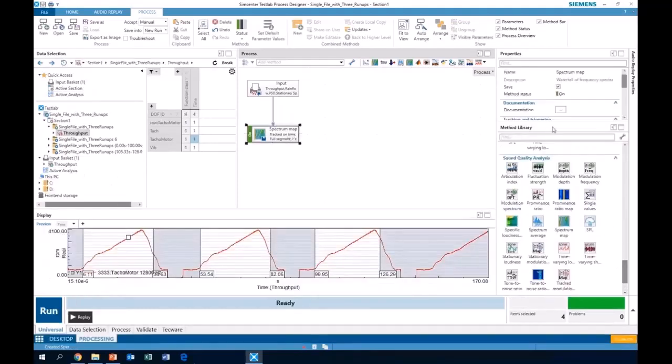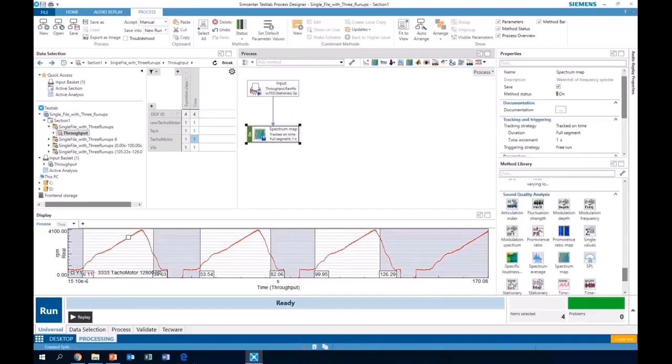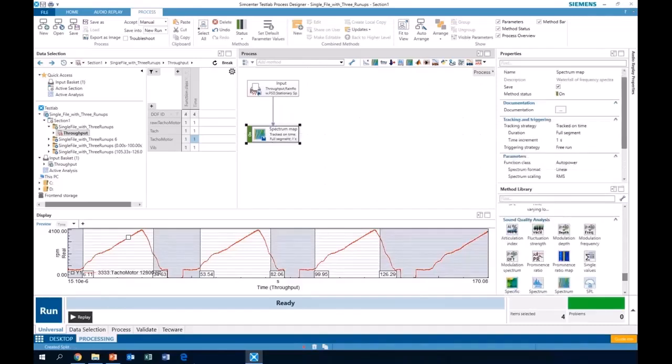While we're on the subject of the processing, can we show the ability to save processes and export them? Yes, I was going to try and show that if I've got a process, I can hit save, and then I can open it from any project later on. But we realized people may not know what process they want.